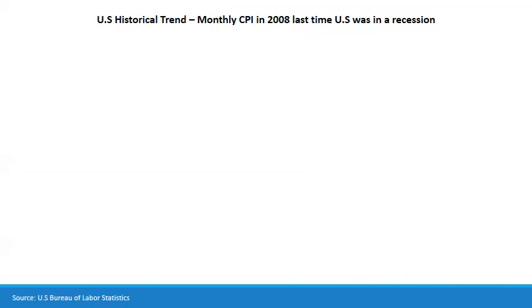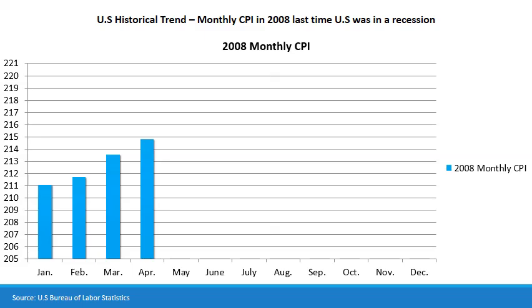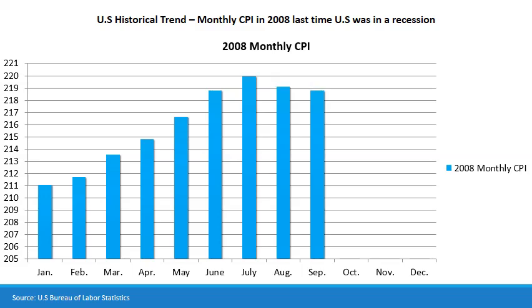So on this slide, we want to look just specifically at monthly CPI in 2008. This is an interesting one. So if you look at 2008, this was the last time the U.S. was in a pretty significant recession. So you can see what's happening here. As inflation is increasing within the economy, it's going to peak here in July. You'll see there at about 220 is where it peaks, and then it begins to taper off again,